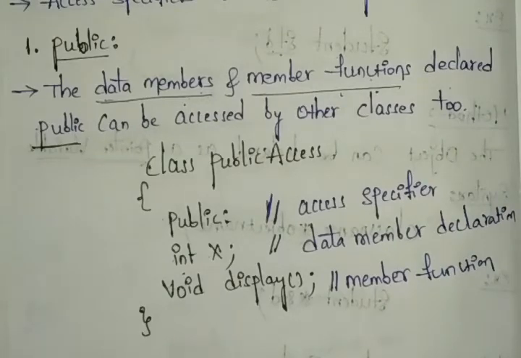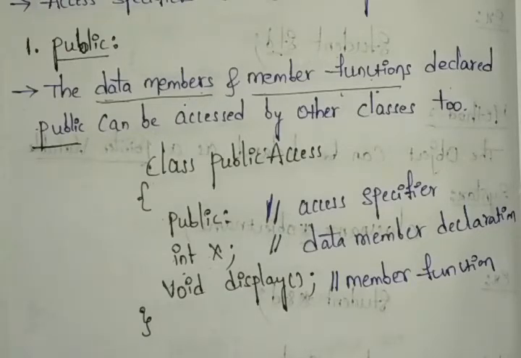Public is for everyone, so it is visible to all, and whatever we declare can be used in any number of classes also. So here it applies to the data members and the member functions in the form of public mode, and also it is accessible outside of the class.